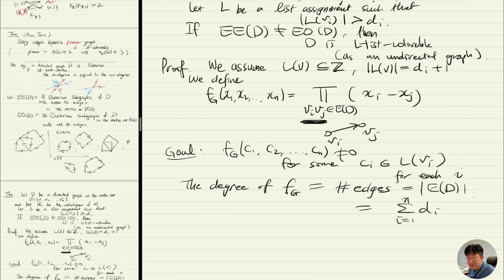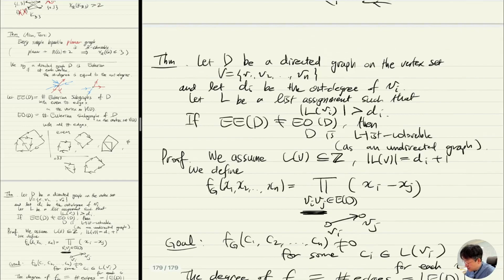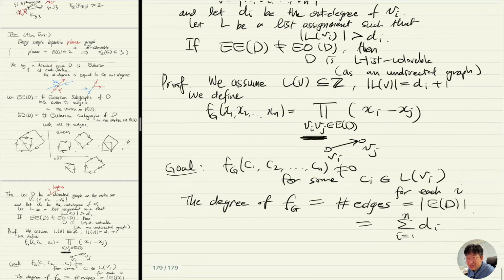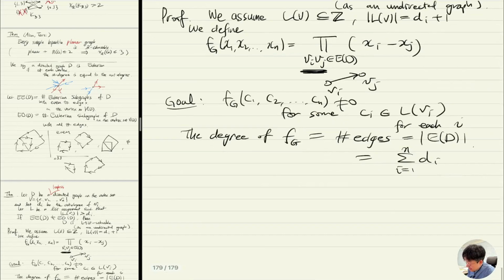In a directed graph, the sum of the out degrees is equal to the number of edges. Let's assume the graph has no loops. Loopless. Otherwise it doesn't make sense. The coloring has nothing to do with the loops. All right, now, so that means